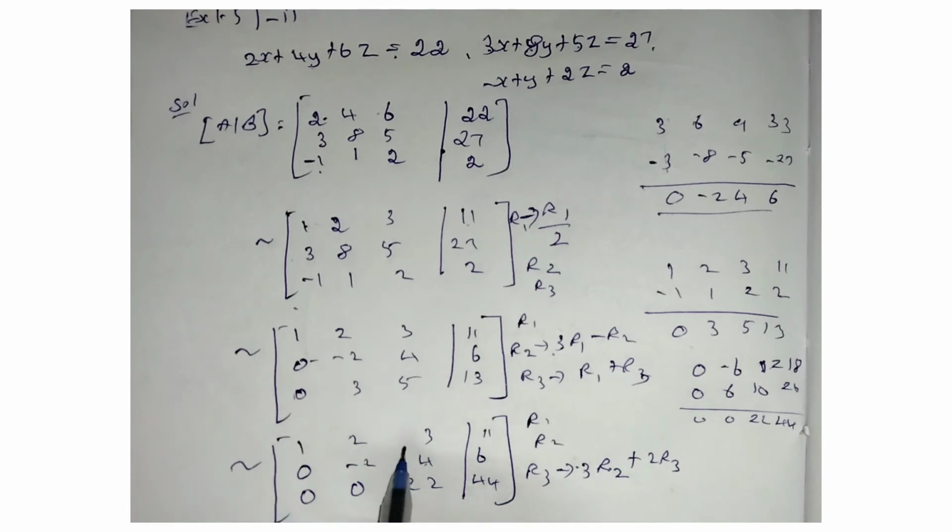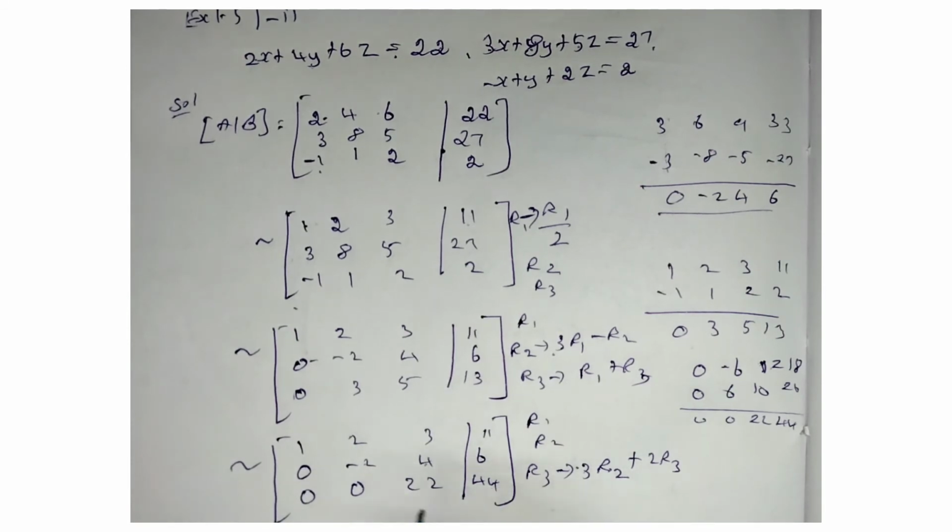Now it is an echelon form. What is echelon form? The number of 0s in the last row should be more than in the previous row. For example, if row 2 has one 0, then row 3 should have more than one 0. Suppose if it is 2 0s, then 3 0s will come. Sometimes an entire row becomes 0, it's not a matter. But otherwise, we have to compare the 0s in the rows. The third row should have more than the second row. If it is brought like that, it is an echelon form.